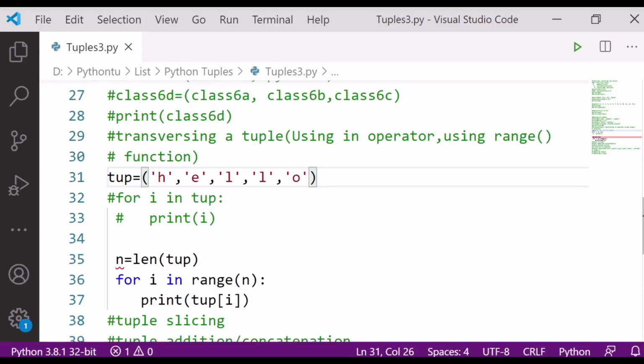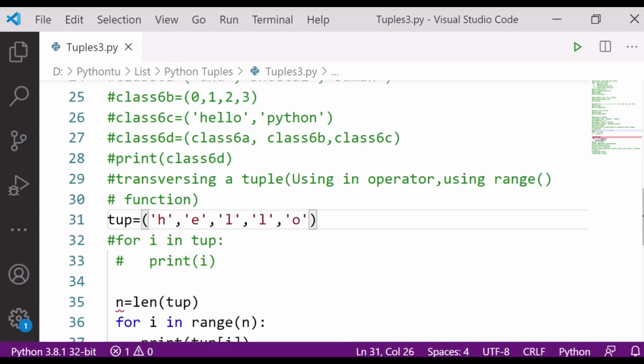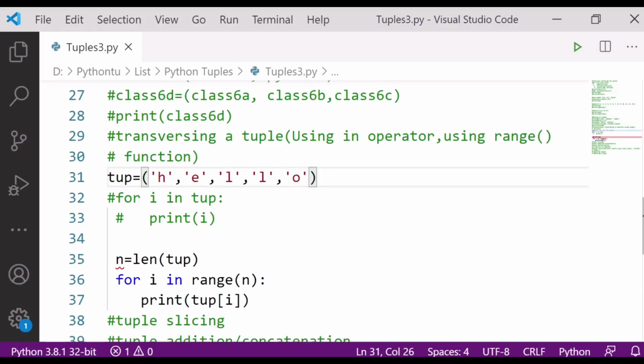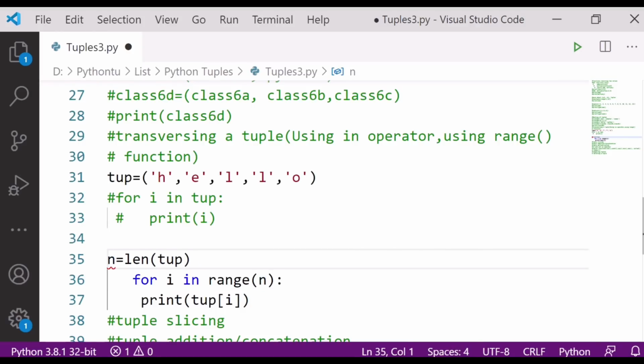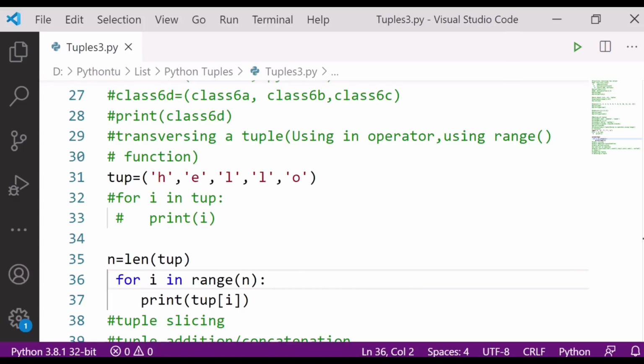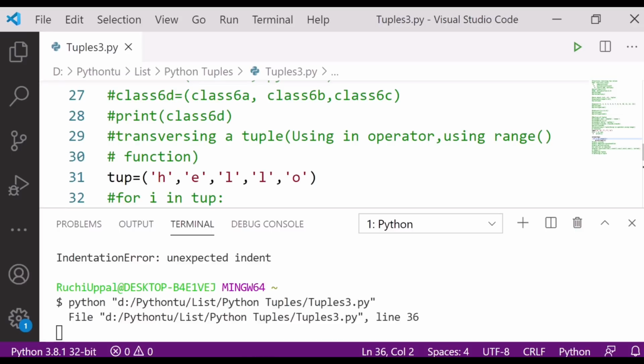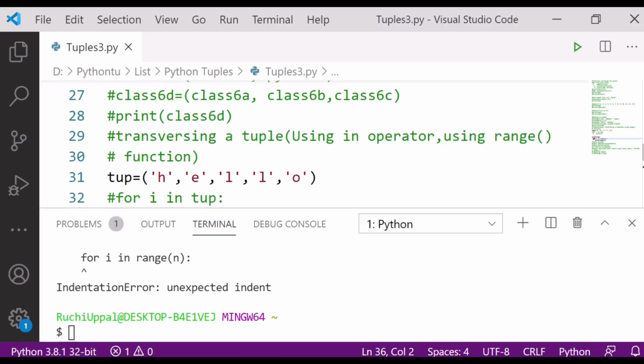Okay, here. That was okay. For i in range.